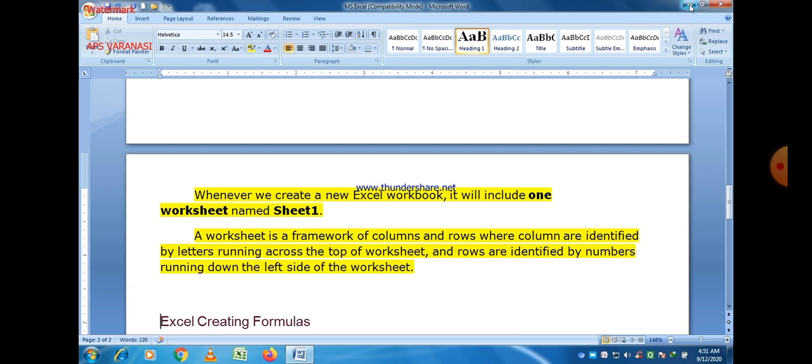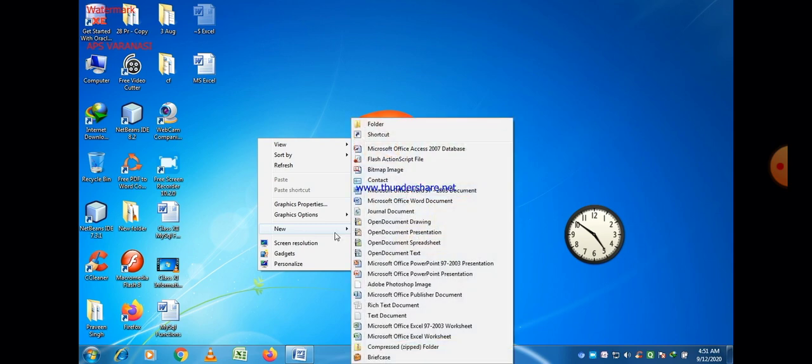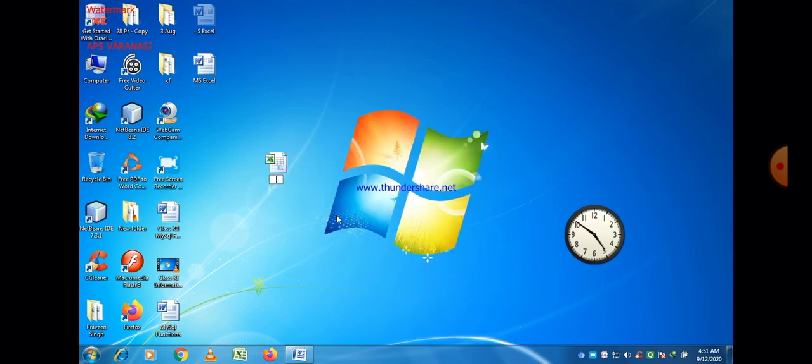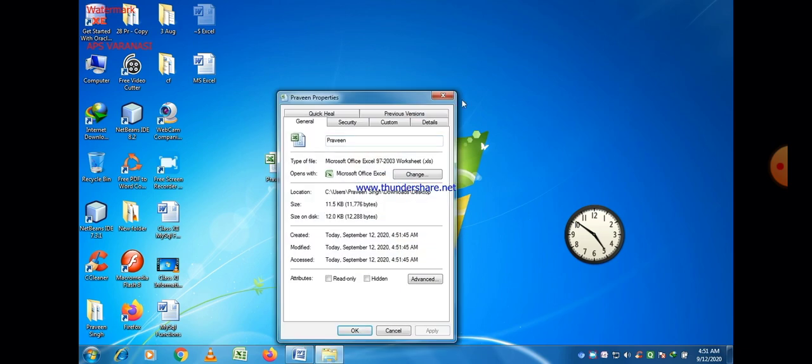Now let us create a new Excel sheet. It will give you a clear idea. So here is the Microsoft Excel 97 to 2003 workbook. First of all, I give a name to this MS Excel file, and let us check its properties. You can easily see that the extension is .xls.